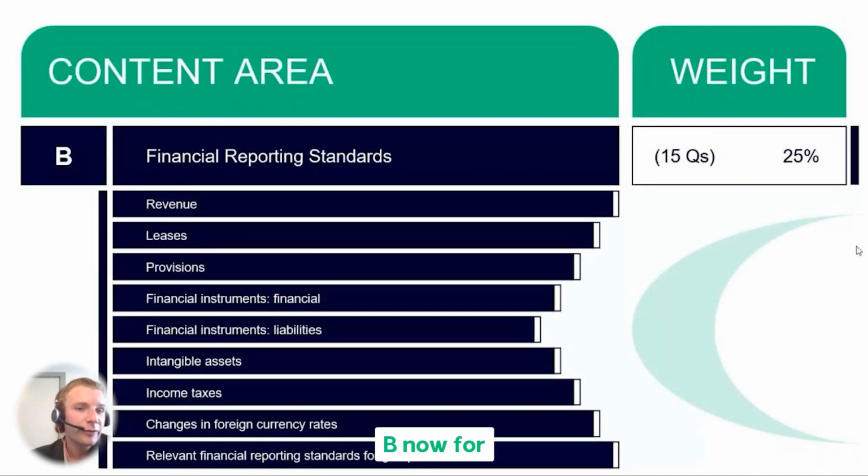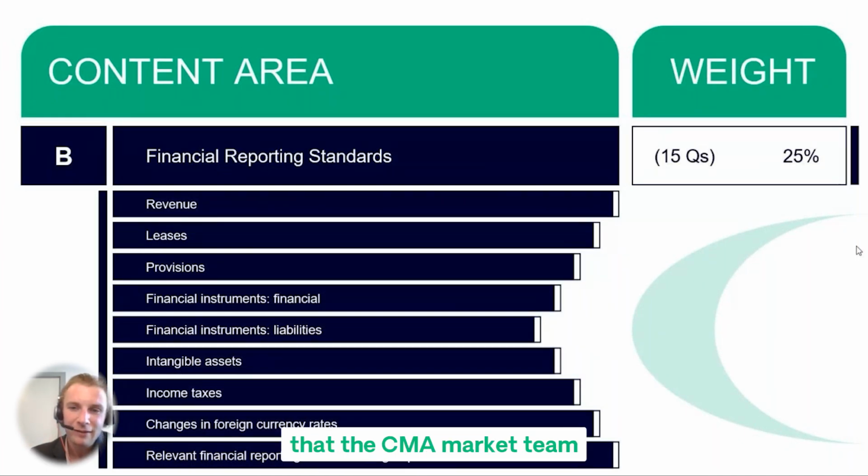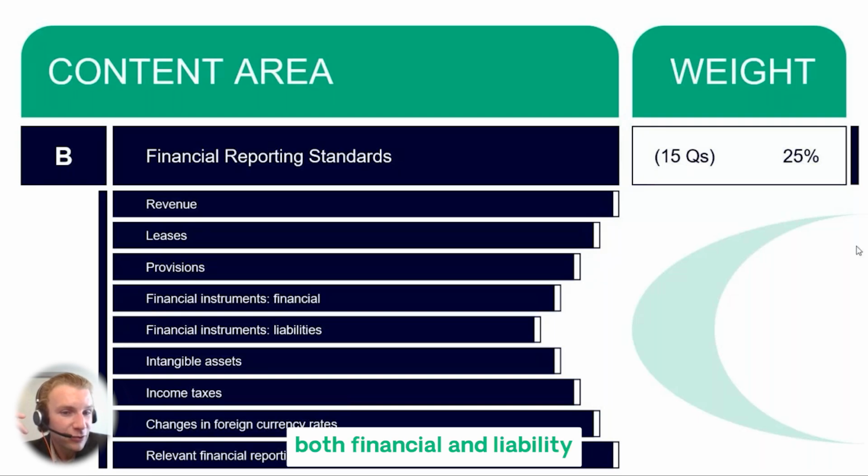Content area B now for financial reporting standards. These are the key areas that the CIMA marking team break down for the F2 exam. Revenue, leases, provisions, I'm sure all exciting stuff for you on here. Financial instruments, both financial assets and liabilities. Intangible assets on there, such as goodwill. Income taxes on there as well, with changes in foreign currency rates. Finally, any relevant financial reporting standards for group accounts. Again, this is how you should maybe be breaking up your notes if you have a specific folder